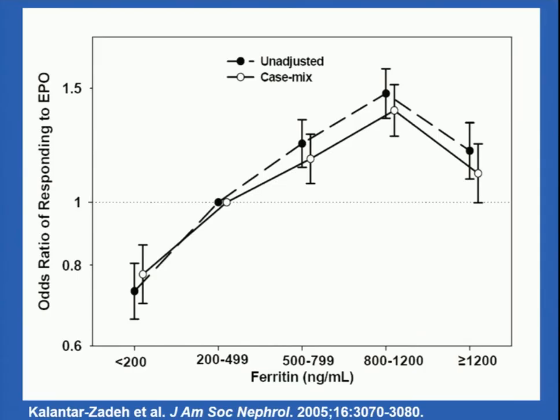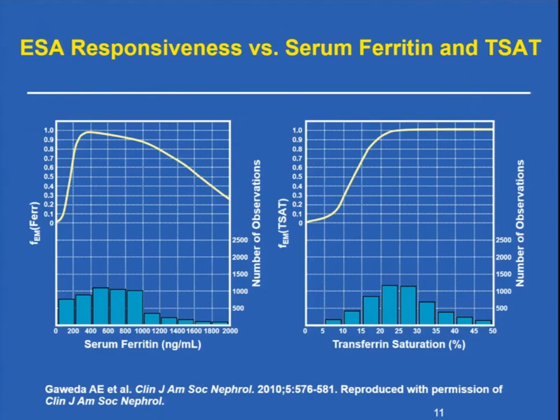This is another Kallentar zetagram, if you will, based on the DaVita database, showing again the odds ratio for responsiveness to ESA actually peaking at what many of us would consider to be a relatively high serum ferritin level of 800 to 1200. This is another observational study that was done by the folks at the University of Louisville, where again they looked at ESA responsiveness, and that's the term on the y-axis, based on serum ferritin levels and on